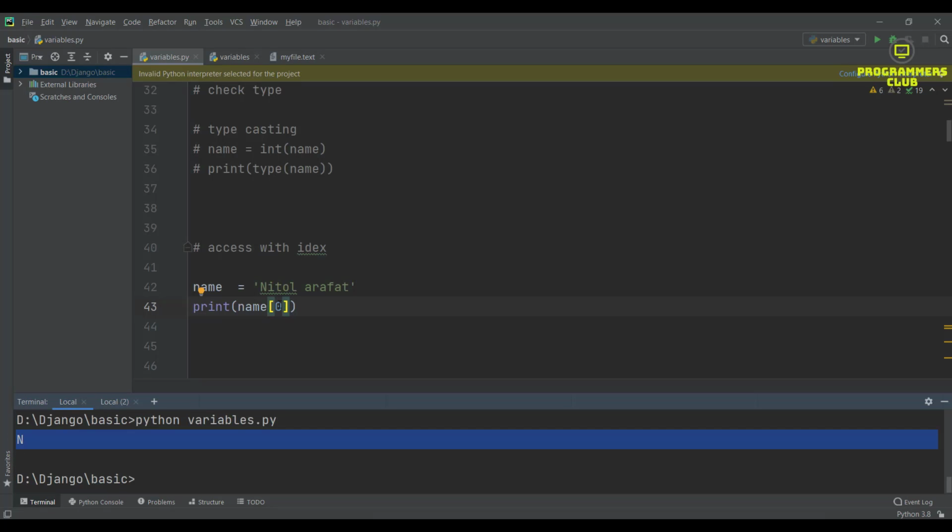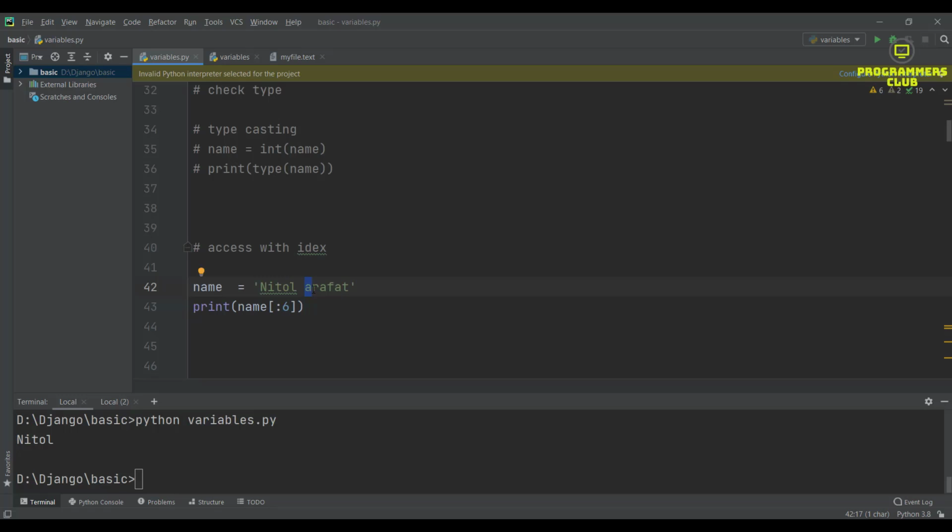If I want index one, then obviously I get i. If I want the last character, I use a minus before the index, and I get t, the last character. Now I want to get the full word, so I use from 0 to 6. Now I check that, and I get the full word.